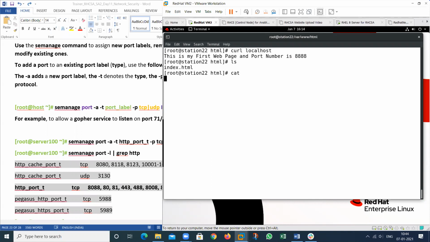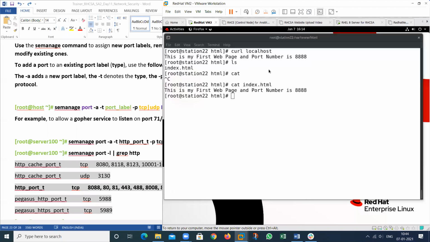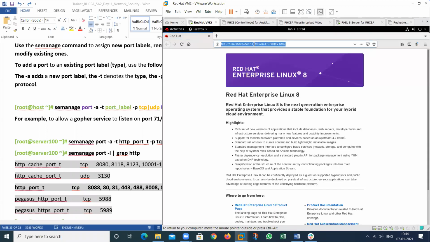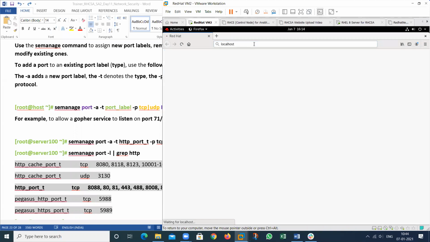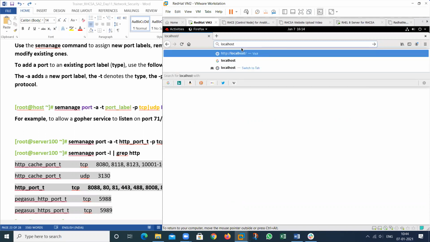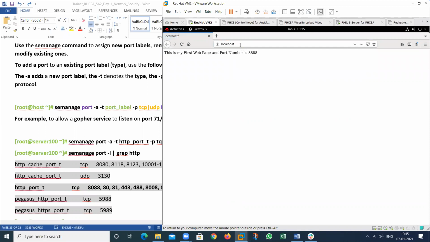So this one is the same, and open the Firefox again. Localhost. I'm checking this in my local machine, but I want to allow at this time which particular protocol will work, that is 80.